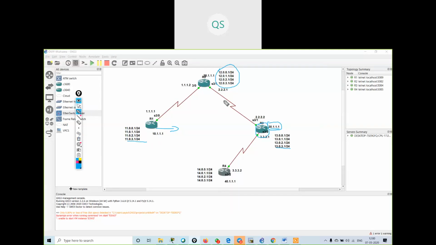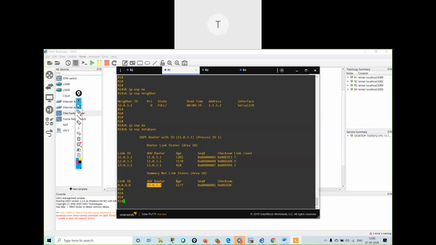So basically, if anything changes, say in 12 dot, some change in the topology, it will be sent across to all the DR, BDR, and all the routers in area 10. It doesn't affect whether it's stub or not. But that is not the case in EIGRP, right? EIGRP stub is very different. That's why I get confused.